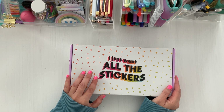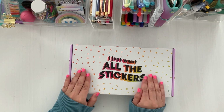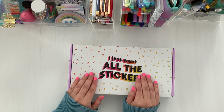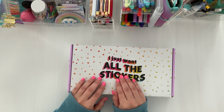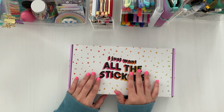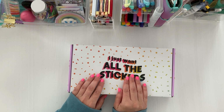I think what caught my eye was the box itself. This is definitely up my alley when it comes to Happy Planner. A lot of this reminds me of an older collection that they had. I think it was a collab with the Social Type. It was a Be Happy box as well. And then I think they did a lot of collection or this kind of style with the budget